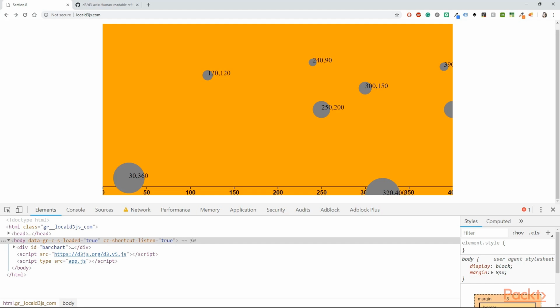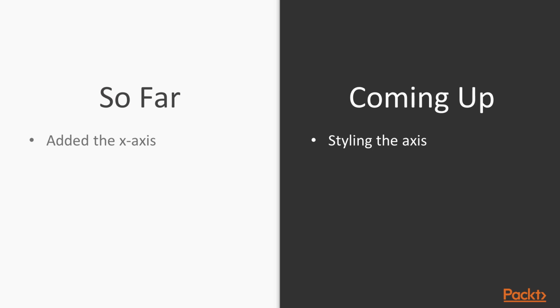In the next video, I'm going to show you some more ways to style the axis as well as add the y-axis. So far, we created the scatter plot and we added the axis,